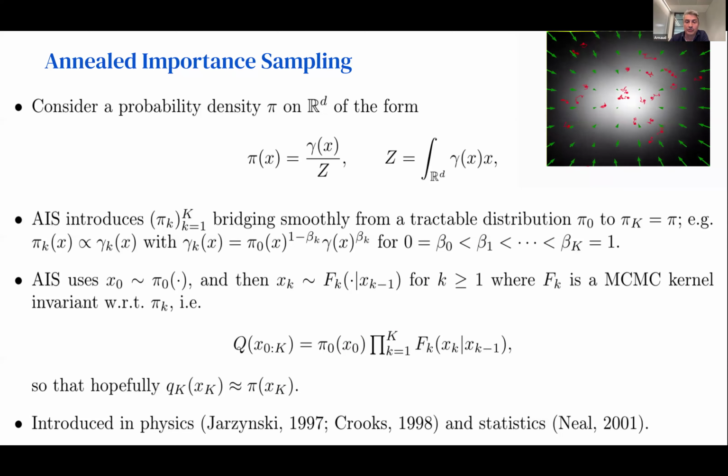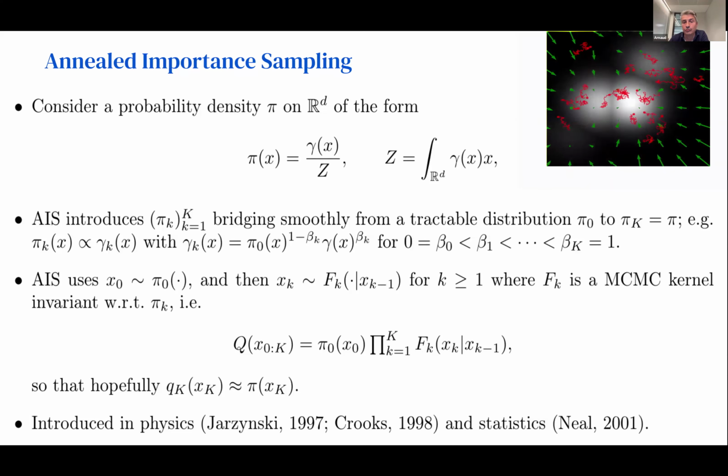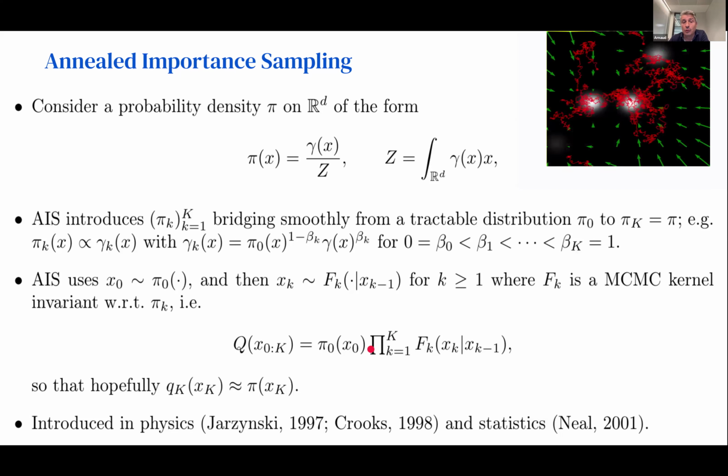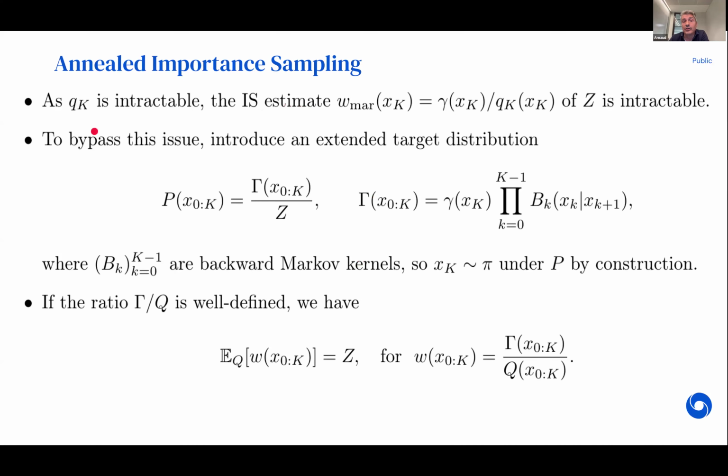That's a way at least to get some kind of sample. We shouldn't be too far from the distribution of interest, but obviously what we want, where we don't have access, is to compute or estimate the normalizing constant. We could say, okay, I have samples which are roughly distributed according to pi, and their marginal distribution is qk. So what I could do is look at this importance sampling weight, and by construction the expectation of this weight should be equal to z. Okay, so that's what we would like to do.